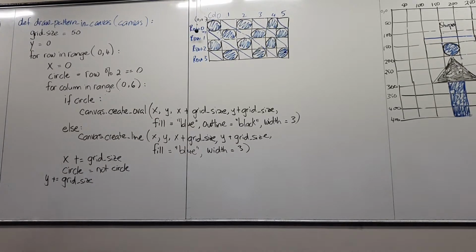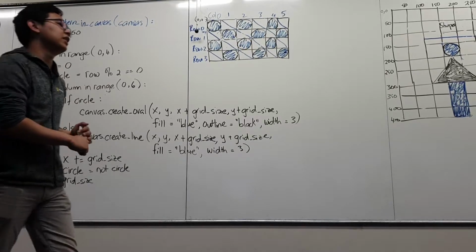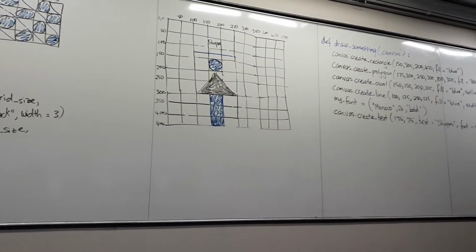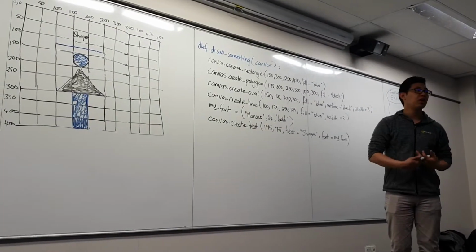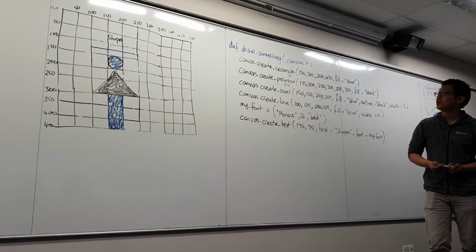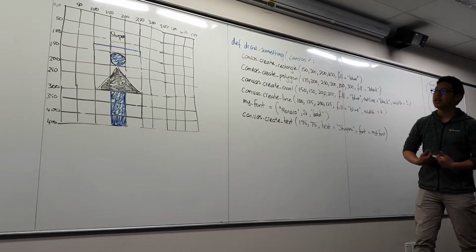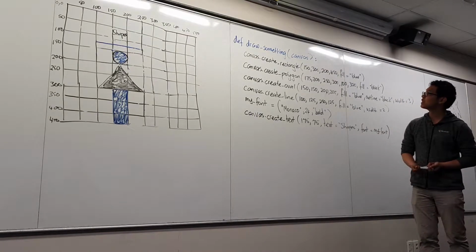All right. Now, this function here, draw a pattern in canvas, I'm going to leave it for later because we want to go to that function over there, draw something, to learn how to actually draw stuff. So, pretty much all you need to do is learn the method names and learn how they work, and then you can just draw whatever you want. There are a few things that you need to know about graphics in a computer to begin with, though. So, first things first, let's go with